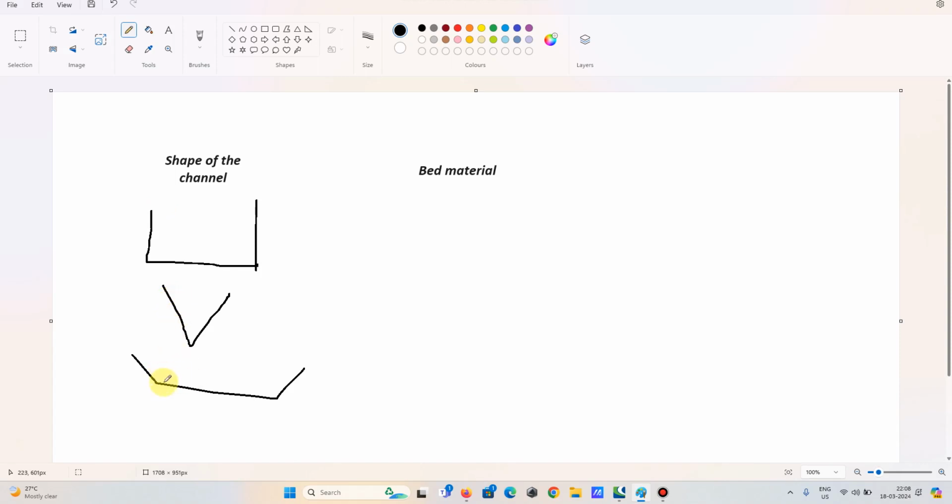Regarding the bed material, it can be a smooth surface, for example a smooth concrete channel, or